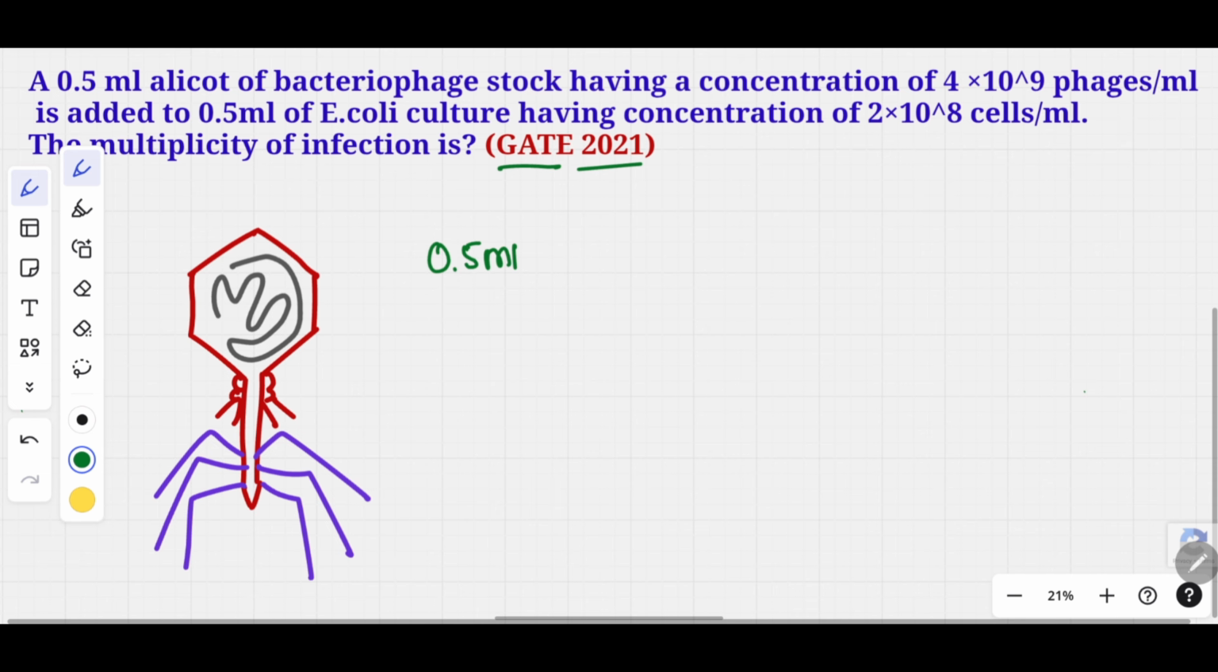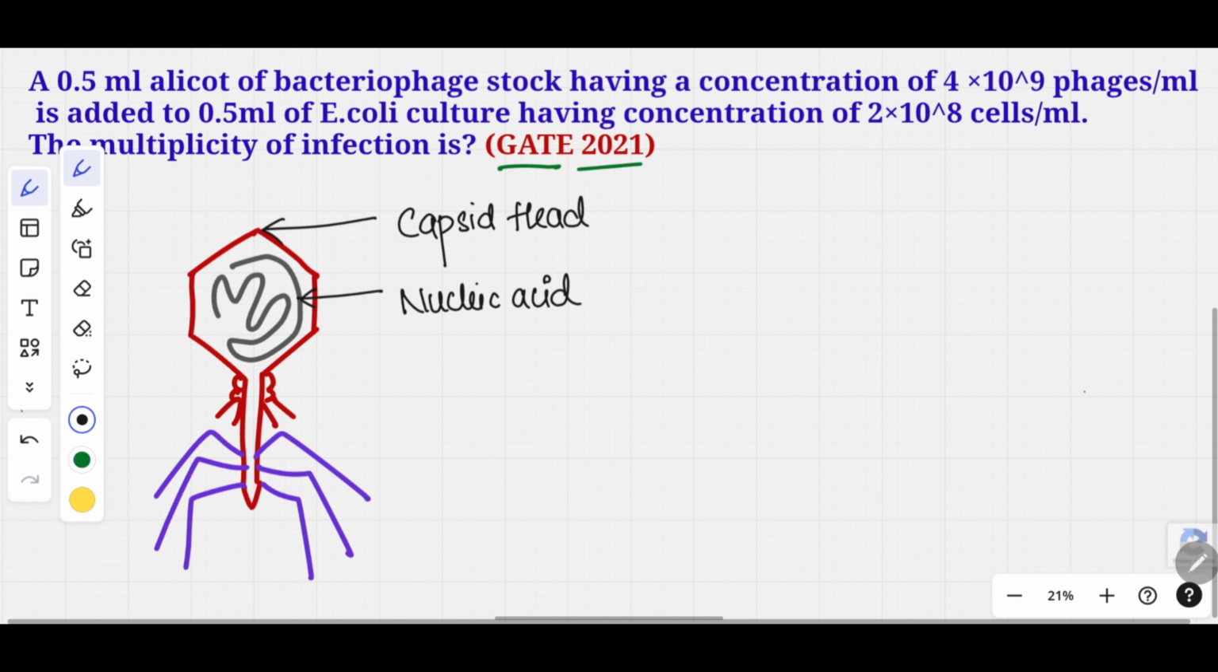of a bacteriophage. This representation that I have drawn here is not a scientific diagram. It is just a simple illustration to make you understand what a basic bacteriophage looks like. Here we can see that this is a bacteriophage and this is a capsid head, and this thing is a nucleic acid. This is a collar,